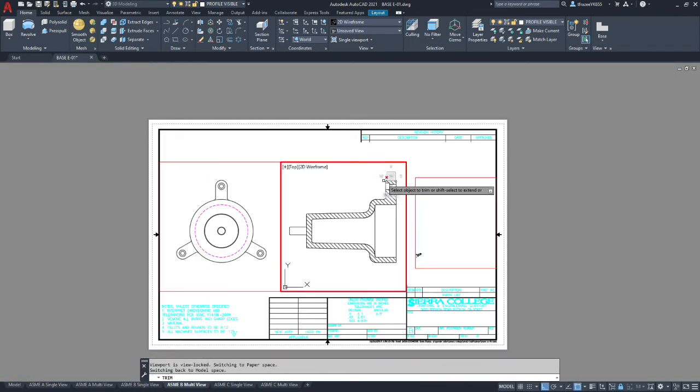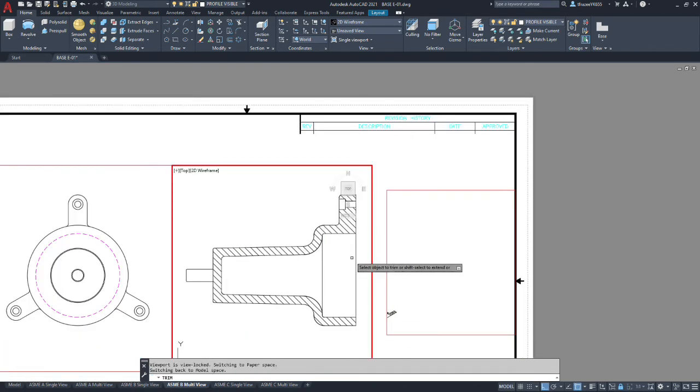Now the second thing we need to do is we are going to copy this information over to the bottom. And that's because we're doing an align view. Our cutting plane line is going to slice down to the center and take a 120 degree jog to the right here.